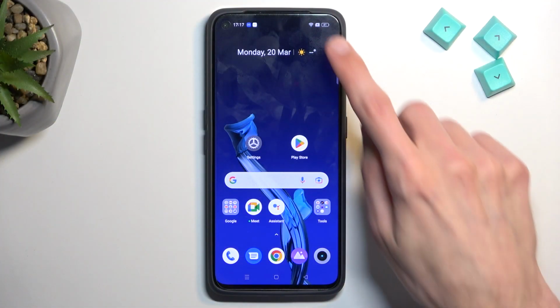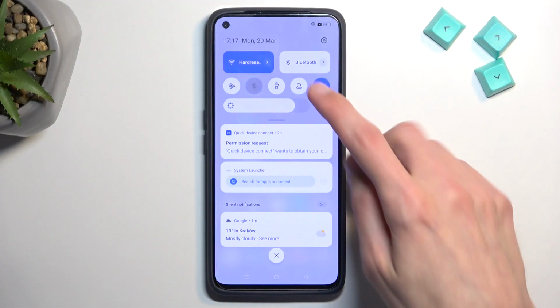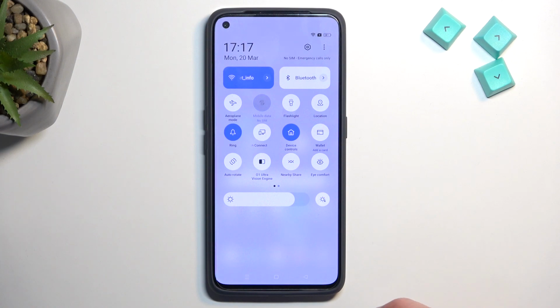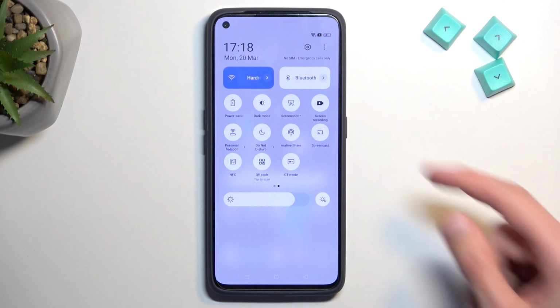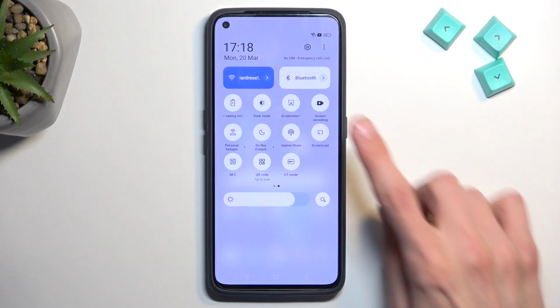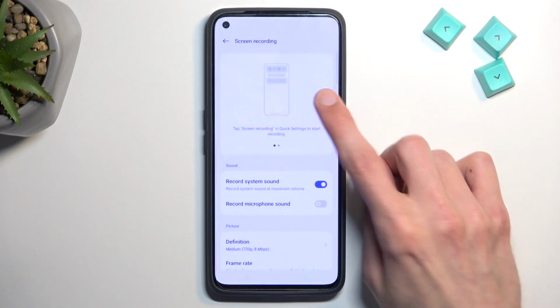So to get started, all you need to do is pull down your notifications straight from the top, swipe down once more to extend the list of toggles, and on one of the pages we should hopefully find our screen recording toggle, and for me it is right over here. Once you see this toggle, you can press on it to start recording, or you can hold it and this